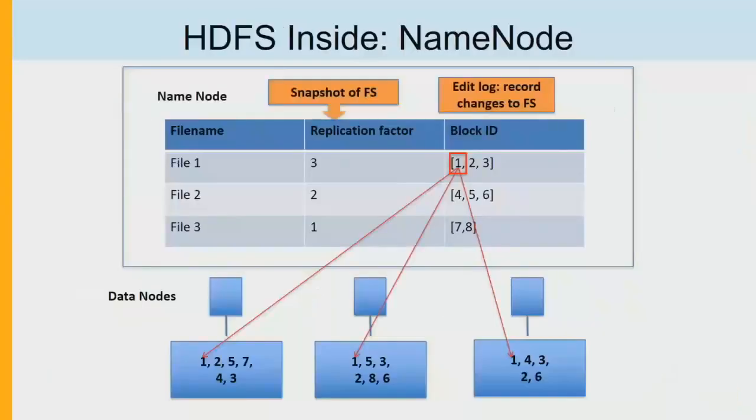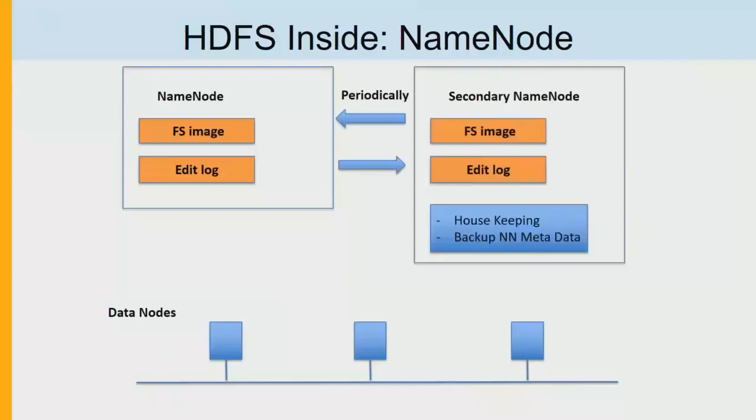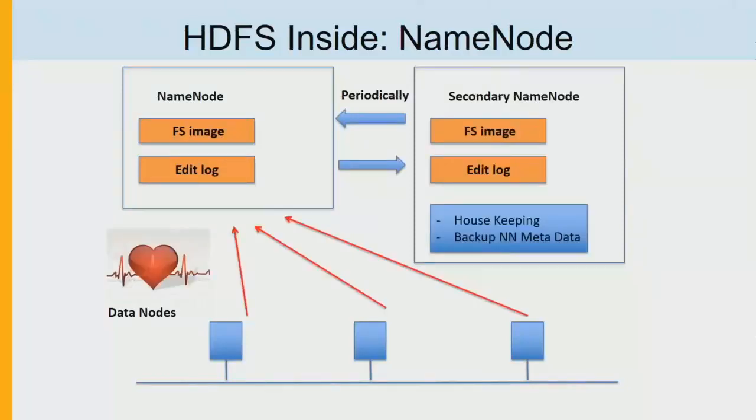So as I said, the replication factor in the name node and HDFS can be controlled by you. If you specify a replication factor of 3 for a file, it will copy to 3 nodes. If you specify a replication factor of 2, it will do 2 nodes. If you're on 1, so these are all pretty much configurable. And as I said before, the name node and secondary node keep synchronizing their metadata over a period of time, so that if something fails, they can always recover the metadata and keep the cluster running.